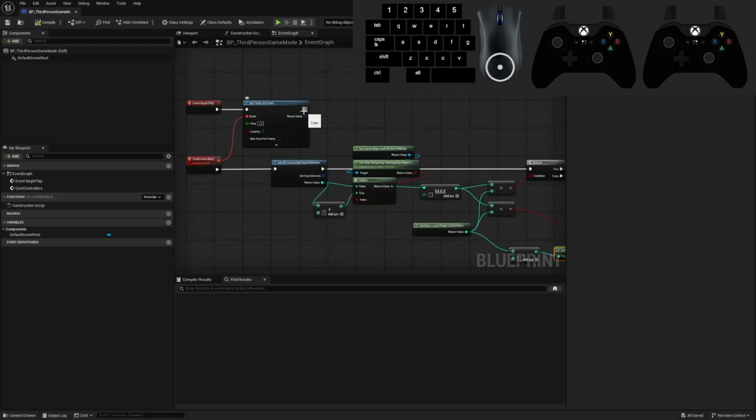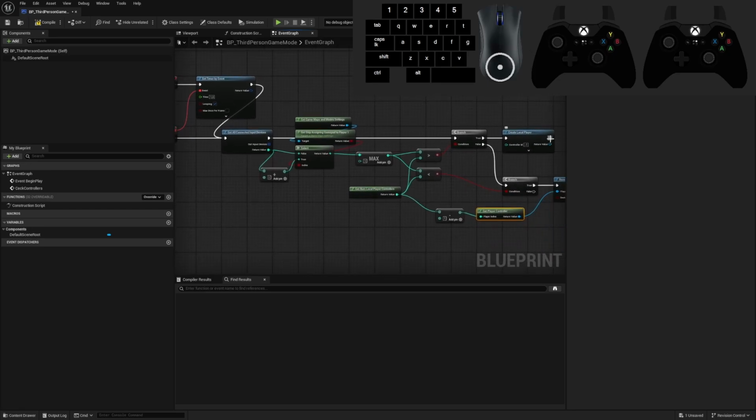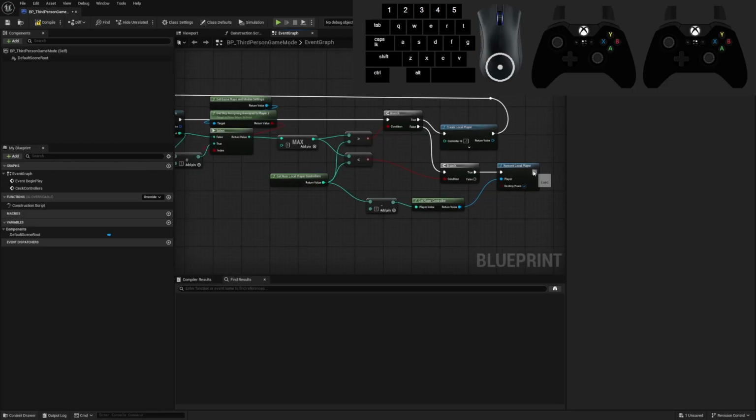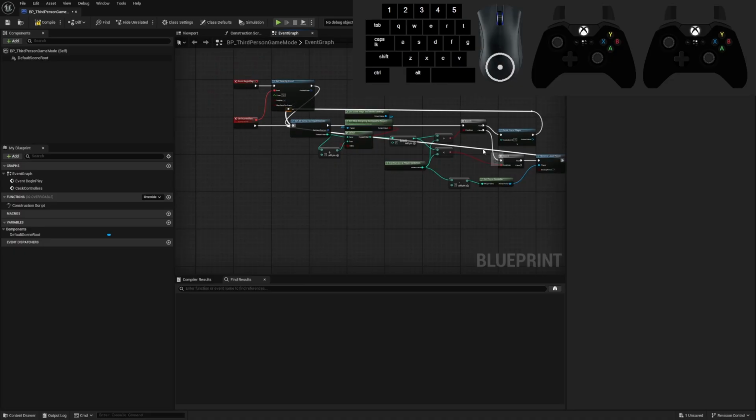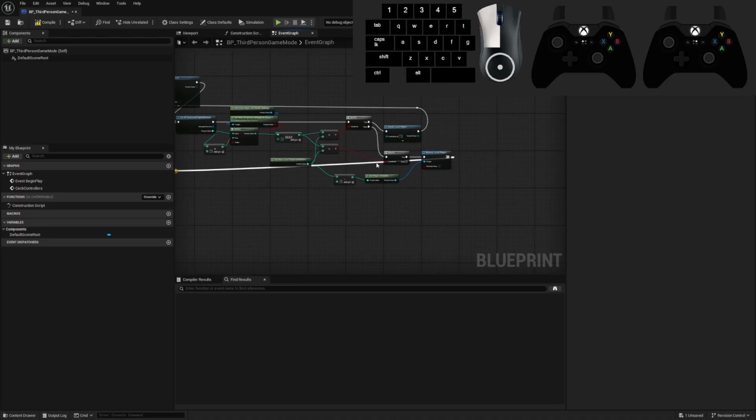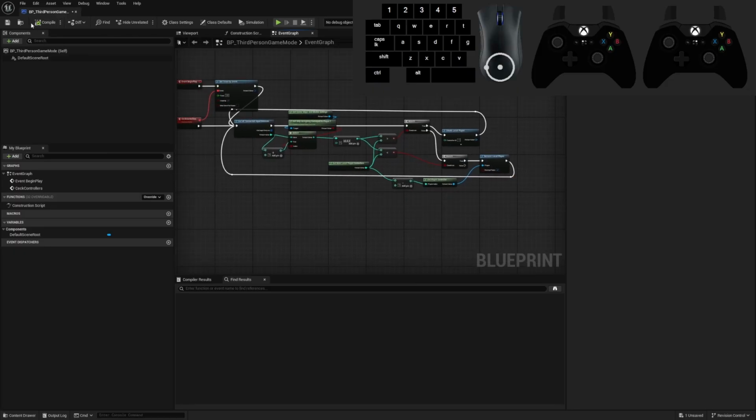Just to improve it a bit, drag this line from here to there. So when we start the game, it will add all the controllers at the same time, and also here. So if we add multiple controllers at the same time, it will work. And same thing for the false one. So drag this over here, just to make it a bit cleaner. Compile,